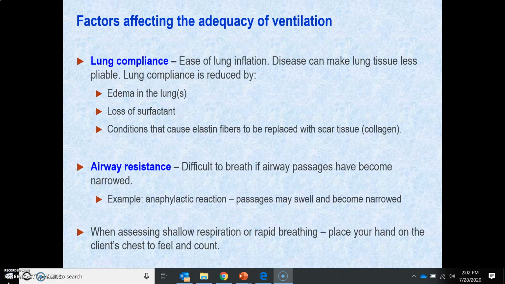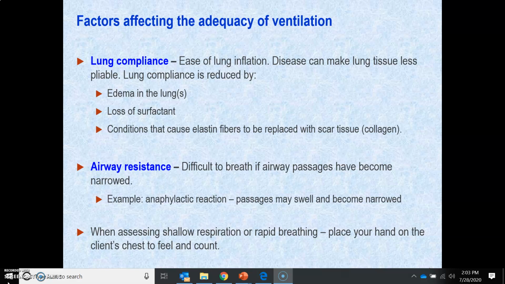Lung compliance is the ease that our lungs inflate and deflate. Certain diseases can make the tissue less pliable, so therefore they don't expand and contract as easily. Edema in the lungs, swelling in the lungs, can cause this. The loss of surfactant, everything sticks together. And conditions like COPD cause the fibers to be replaced with scar tissue and whatnot. Airway resistance is usually caused by narrowing of the passageways. It makes it difficult to breathe. The best example of that is asthma or a severe anaphylaxis reaction, where the tiny airways constrict and the person can't